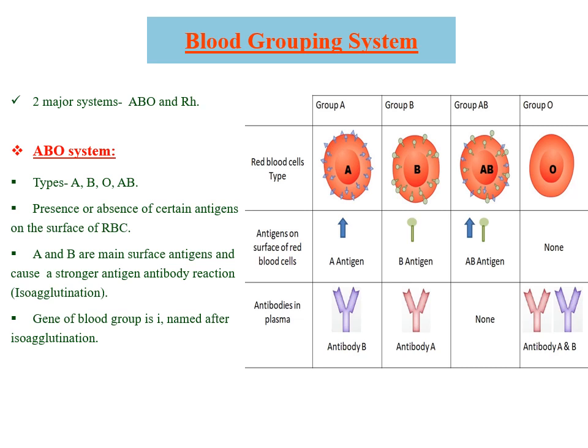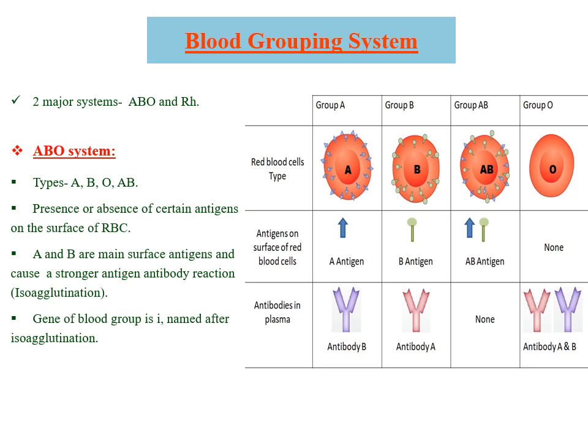Blood group system ABO is considered the most important because of its clinical importance due to the fact that there is a strong antigen antibody reaction in the body. This strong reaction of antigen antibody is called agglutination or isoagglutination, after which the blood gene was named. Blood gene was named as small i, after isoagglutination.